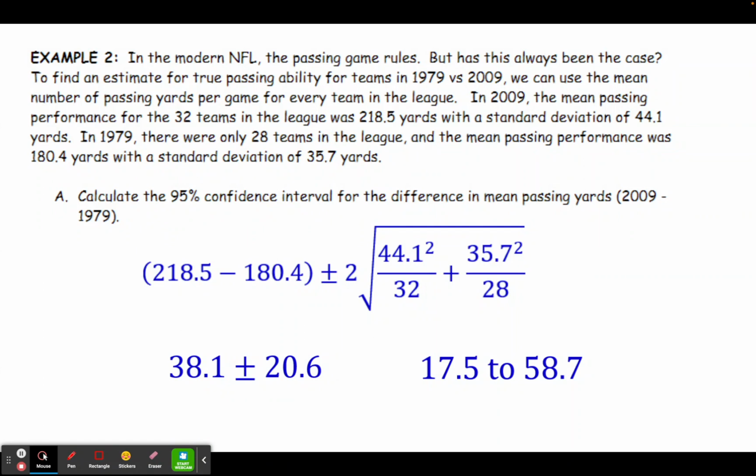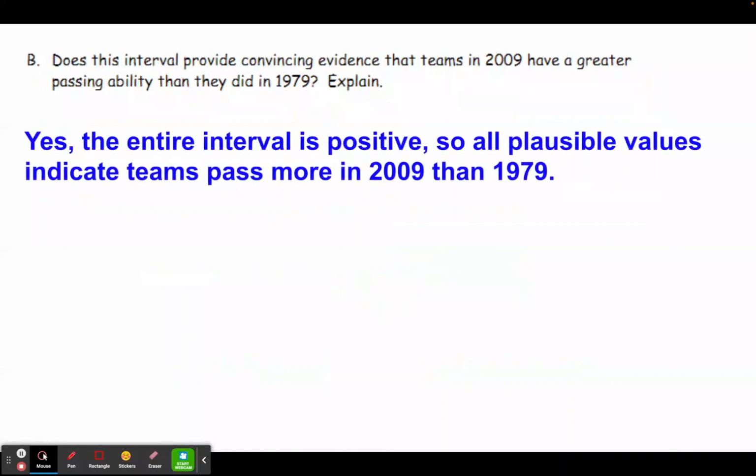And we're pretty confident that the difference is that they pass somewhere between 17 and 58 more yards per game in 2009 than they did in 1979. So we would say yes, because the entire interval is positive. So all plausible values indicate that teams pass more in 2009 than in